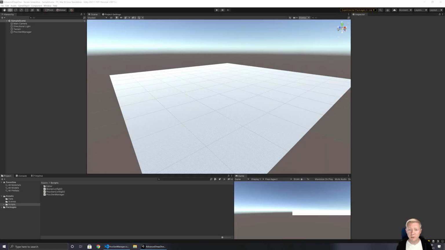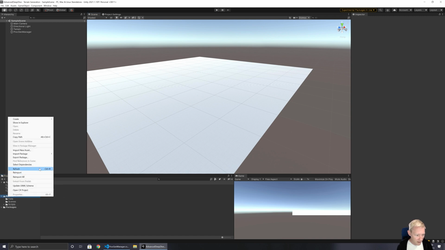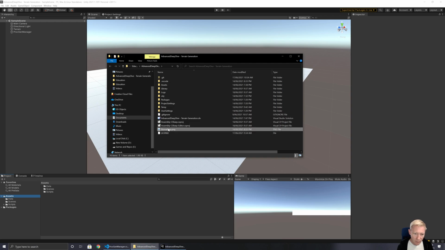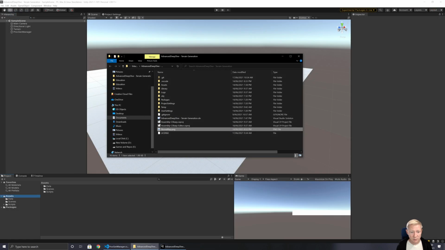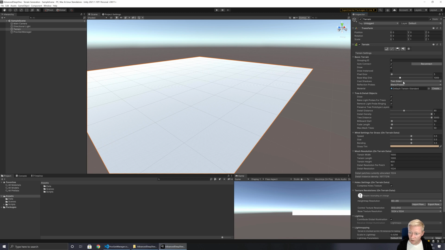Hello and welcome to the second part of the advanced deep dive looking at procedural generation. So where we got to last time, we had been generating our biome map and we'd been experimenting with generating this at different resolutions, and we tied that to the height map resolution of the terrain. What we were finding there was if it was a really high resolution, it was taking a very long